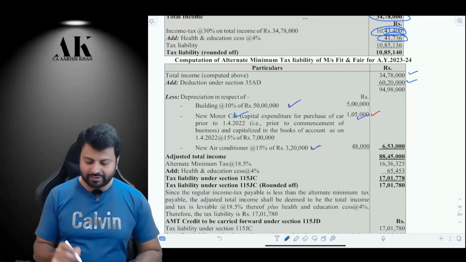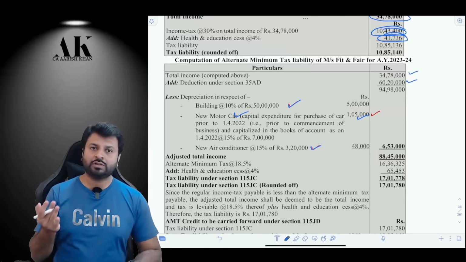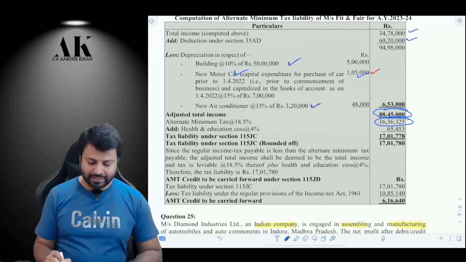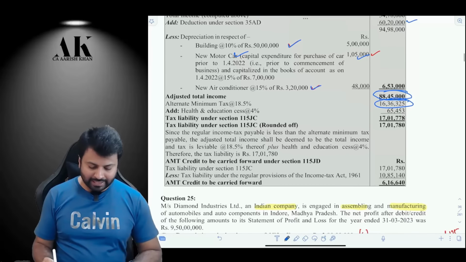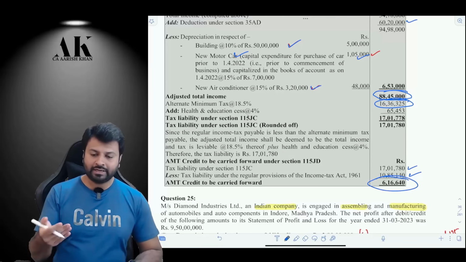And on air condition, I will take 15% depreciation, which is the normal rate, because in AMT you get the deduction for the depreciation on 35/80 assets. After doing all those things, I will get the adjusted total income, and then I will apply AMT of 18.5%, compared with my actual normal tax rate. Normal tax is 10 lakh 85. AMT is 17 lakh, and therefore the differential amount will be considered to be what? The AMT credit, as you can see over here.